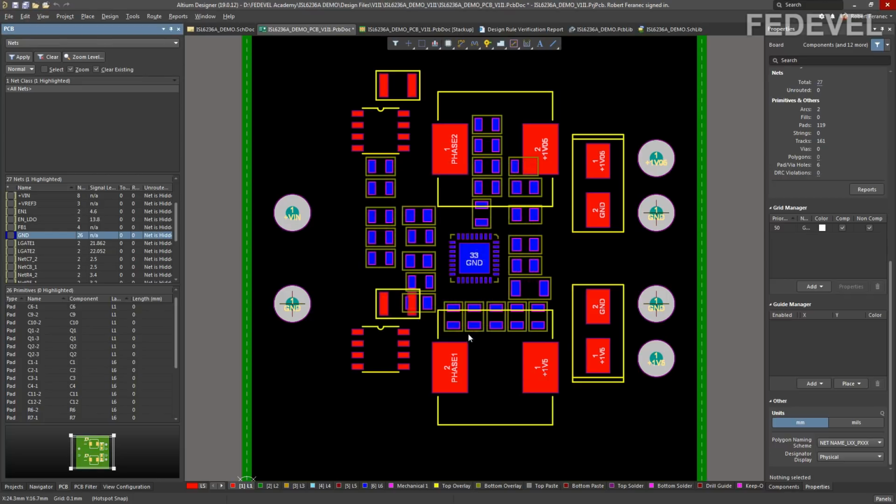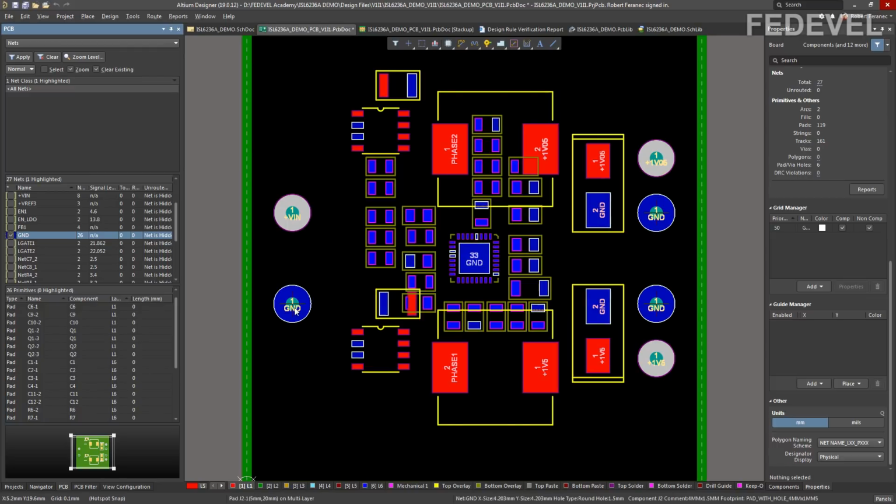Press OK. And notice at this moment the ground in our PCB is still not blue. You need to check this checkbox, which is here. Just left click here. See? Now all the paths which are connected to ground, now they all have blue color.